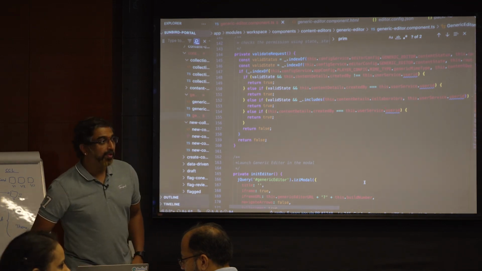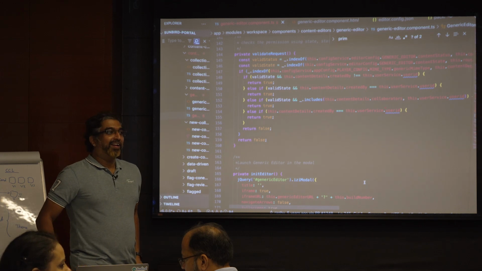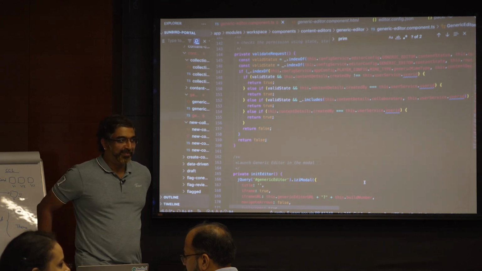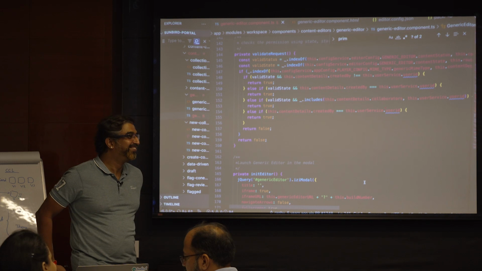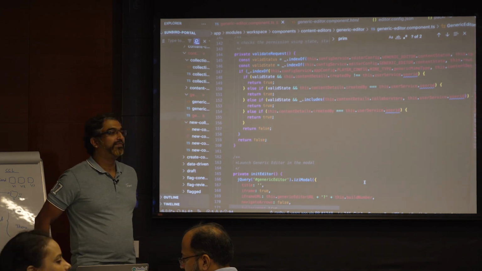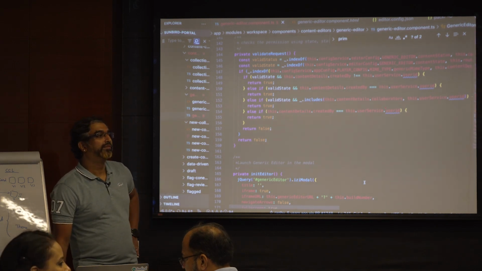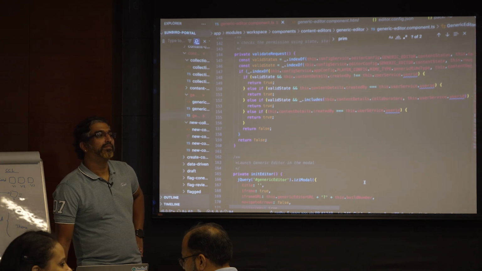Okay, I got what you're saying: within a player there's a menu, and within a menu there are some options. Exactly. We'll discuss that as part of the player part. Now, the editor part, because it's AngularJS code especially, you guys should know what version.